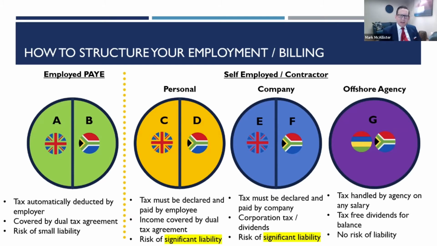Okay. And then the last one, this is one that's relatively new. I know a number of people have come across this before and are on the call because they utilize this kind of structure. So using an agency agreement outside of South Africa, Mauritius is the one that's often used as a good example. You become employed by the agency, which raises invoices to the client somewhere. And actually what that can do is potentially generate a tax-free dividend back into South Africa, and thus reduce a lot of the risk about liability. So any thoughts on agencies there, Jeneen?